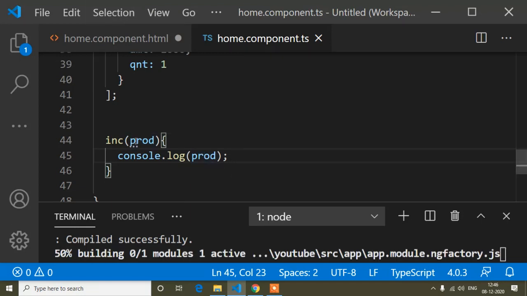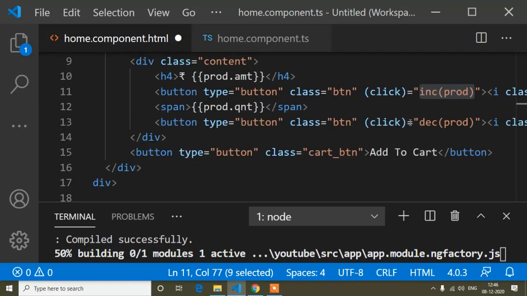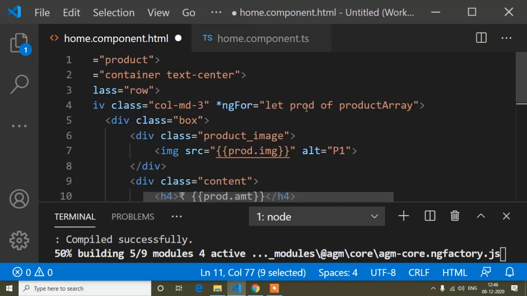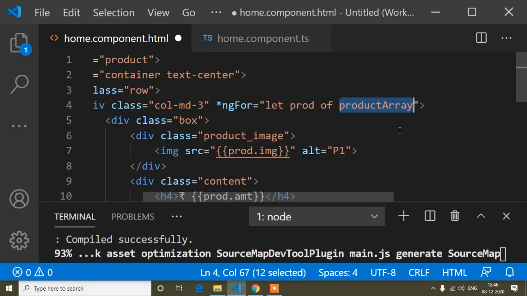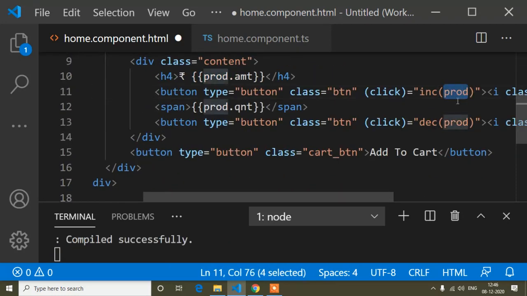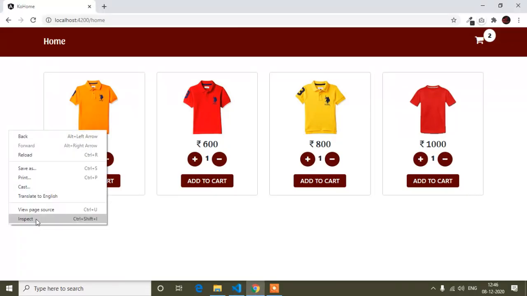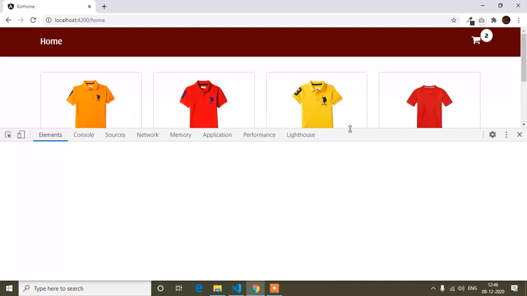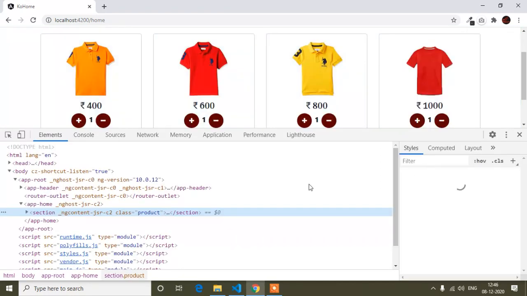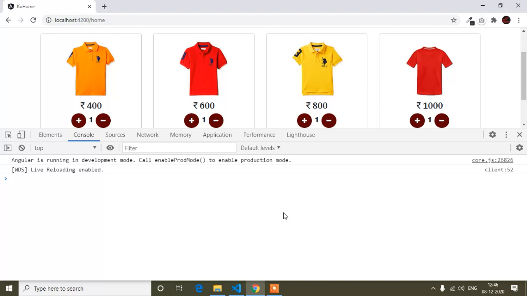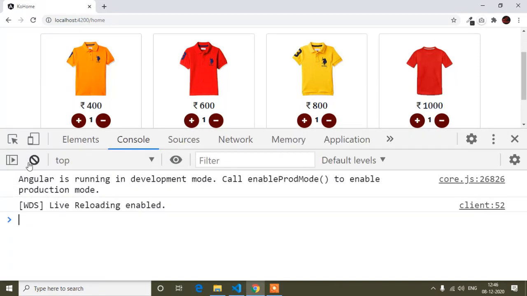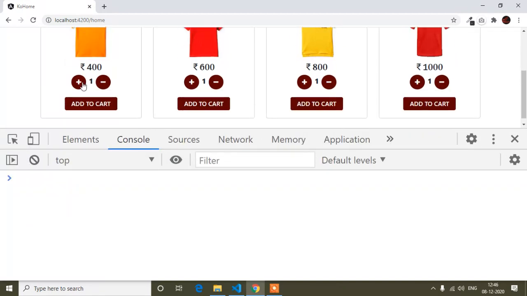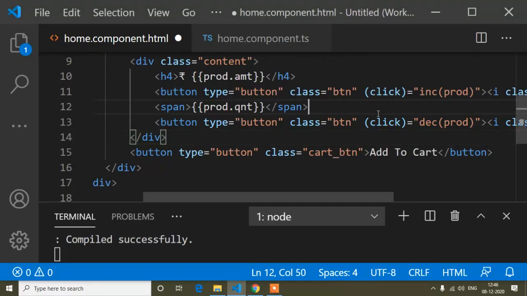Because you know, in this product variable I have stored all the product data. So if I pass this variable in this increase and decrease function, and now in the console, I will zoom in, and now if I click this increase button, I think I forgot to save here.